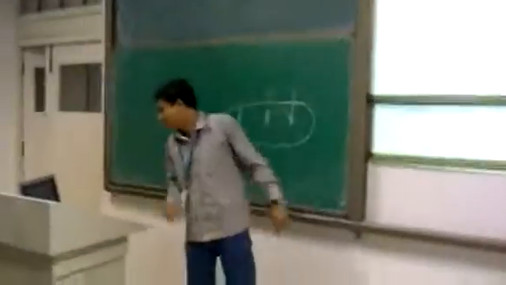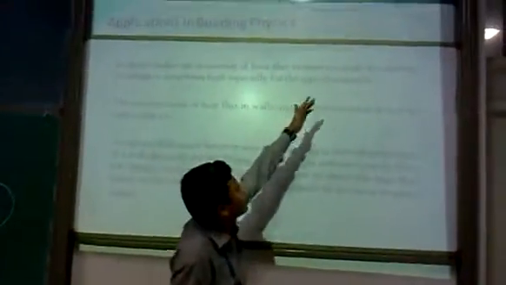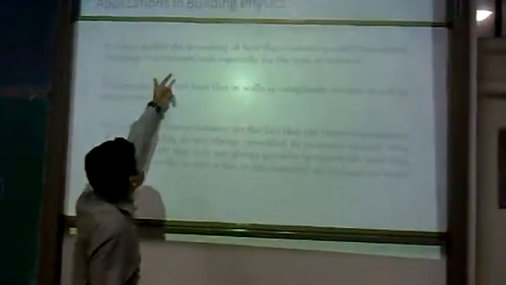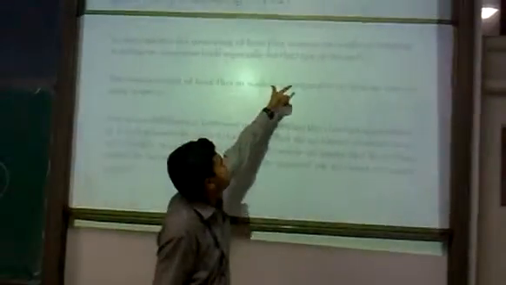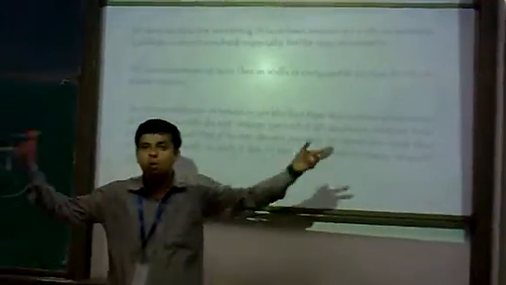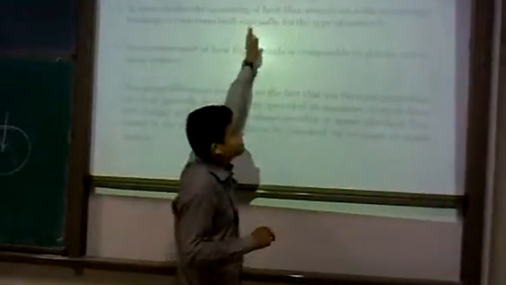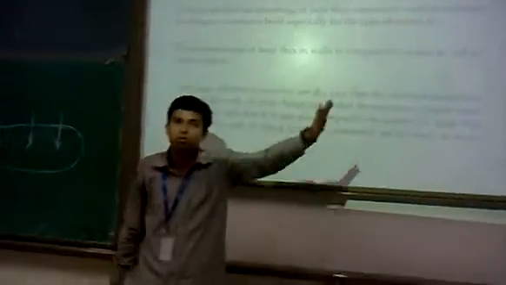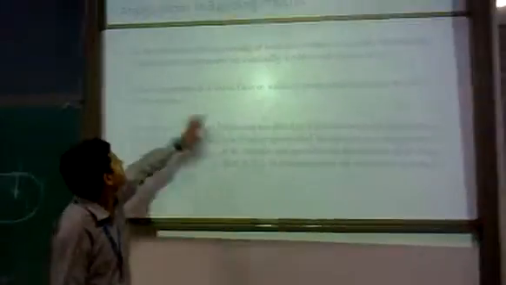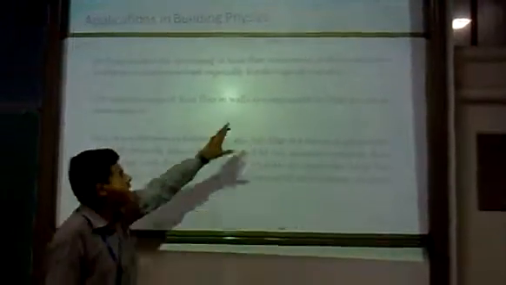And the second application is in building physics. This is the most probable usable application. In this study, heat flux sensors are mounted on walls in existing buildings or in structures built especially for research. If we have old buildings, this is used. If you want to do research on old buildings, the heat flux sensor is put on the wall and you get how much flux, or how much temperature effect, there is on that wall. The measurement of heat flux on a wall is comparable to that in the soil in many respects.